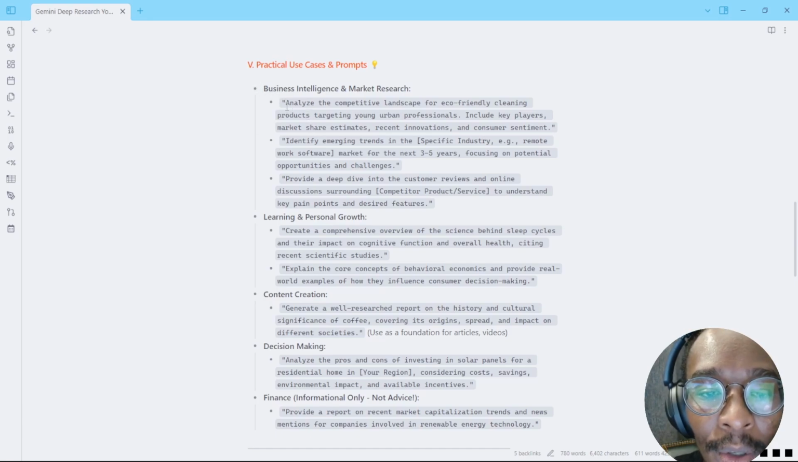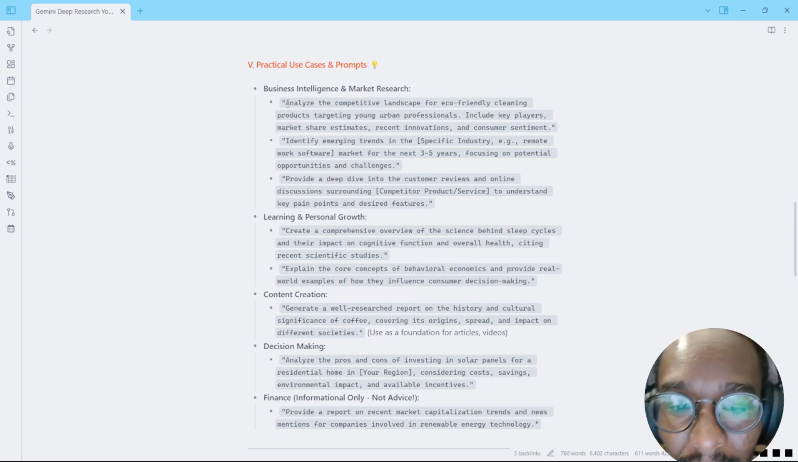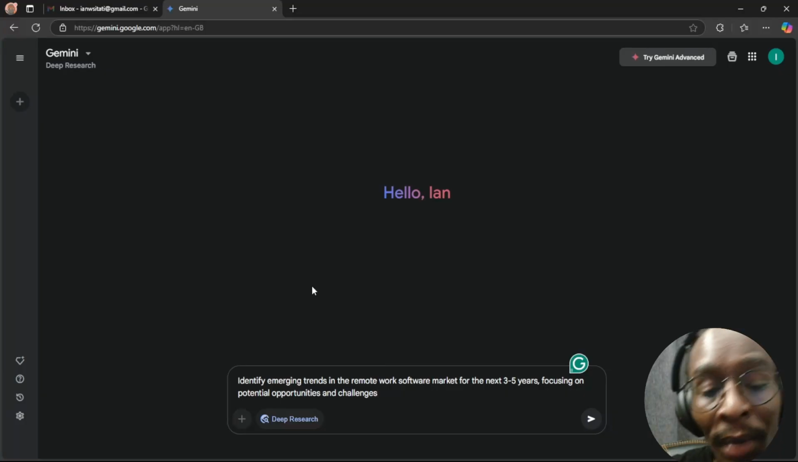So the first prompt is going to be: analyze the competitive landscape for an eco-friendly cleaning product targeting young urban professionals, include any key players, market share estimates, recent innovations, and consumer sentiment. So I'm just going to copy this prompt. In this one, the prompt that I'm going to use in our first example is: identify emerging trends in the remote work software market for the next 3 to 5 years, focusing on potential opportunities and